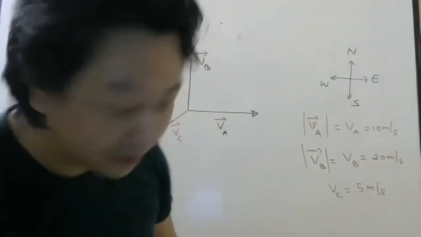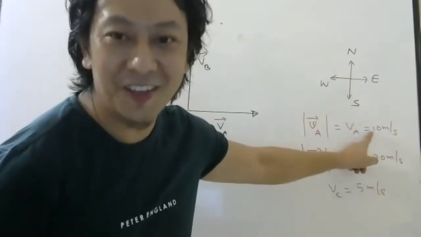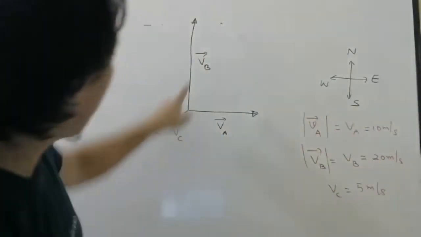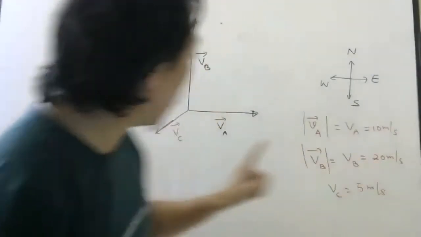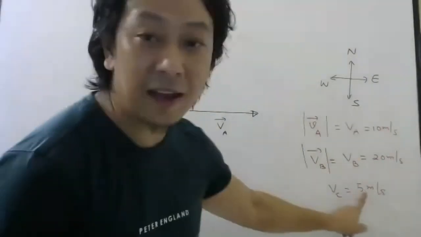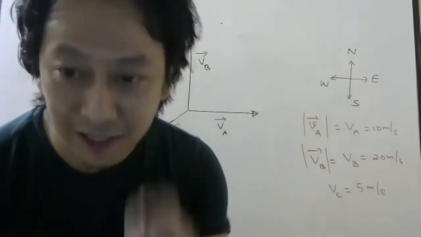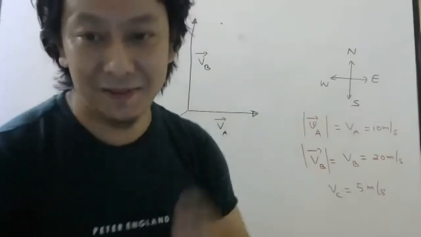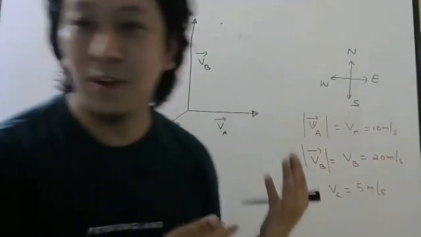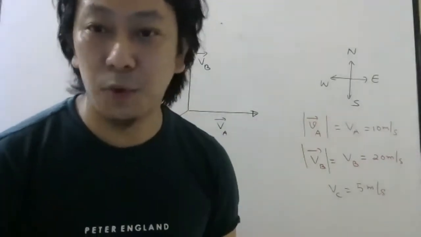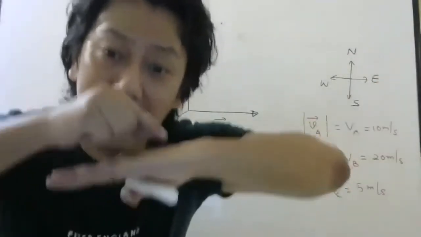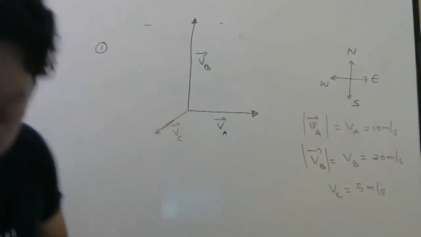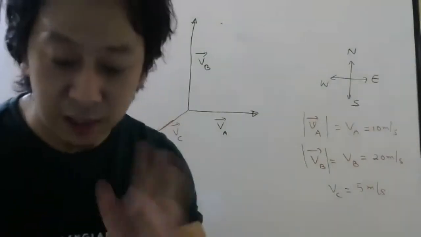However, while writing the value, write exactly, obviously, right? While writing the magnitude of this, write 10. While writing the magnitude of this, write 20. While writing the magnitude of this, write 5. So while writing magnitude, write exactly. While drawing the diagram, you need not be exact. It is impossible. Otherwise, the study of vectors will become very, very boring and lengthy. The second question is your homework, so you have to try yourself.